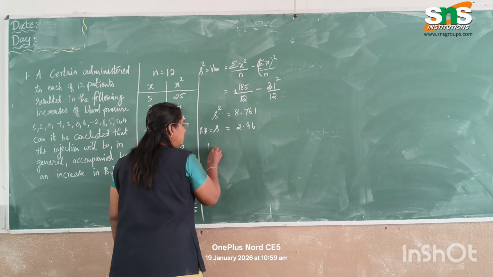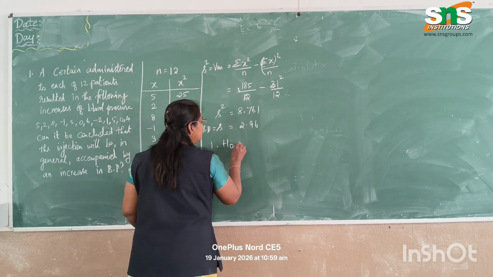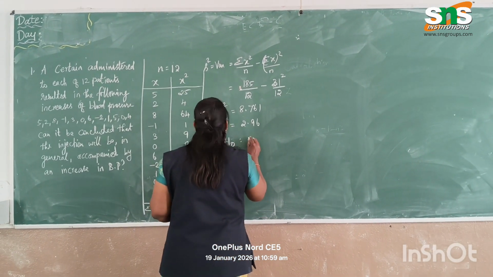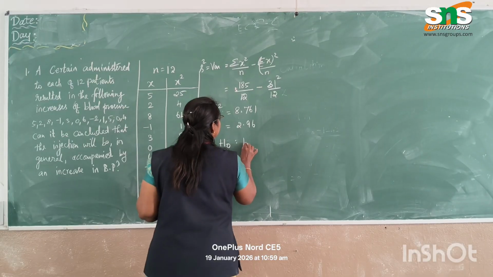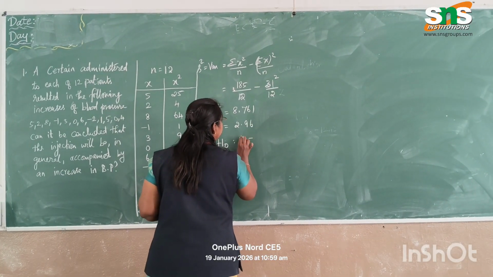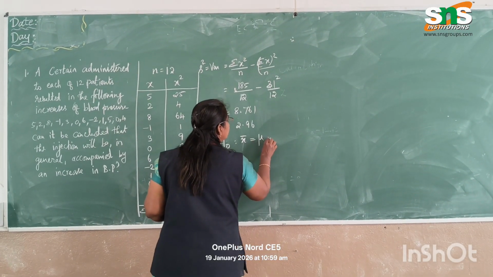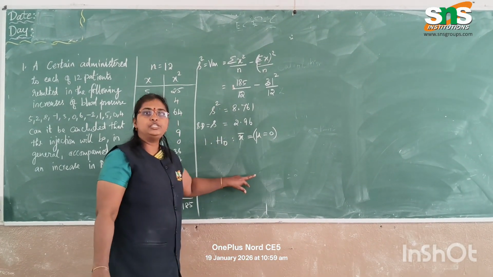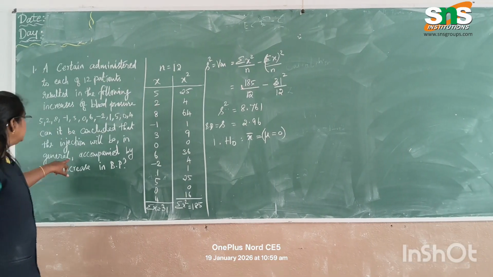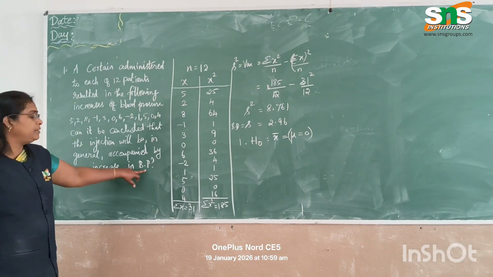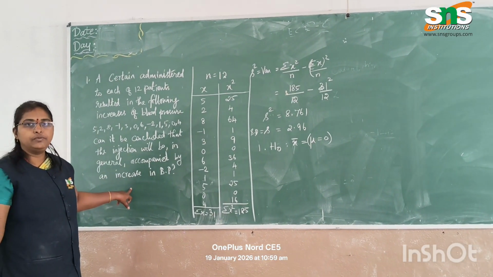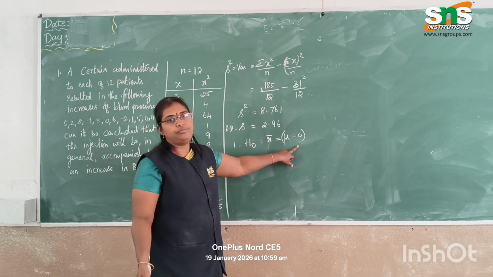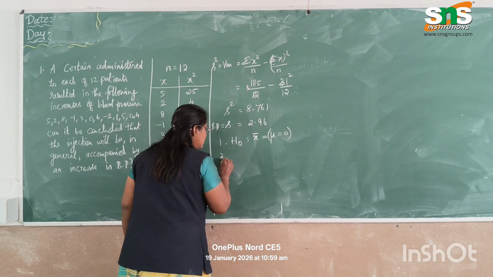Now I am going to define the actual sum. That is H naught: x bar is equal to mu. That means it is equal to 0, the initial value. Here we are calculating the increase in BP, so only the blood pressure increase level we are calculating. Initially it becomes 0 or not, whether there is no significant difference or else,